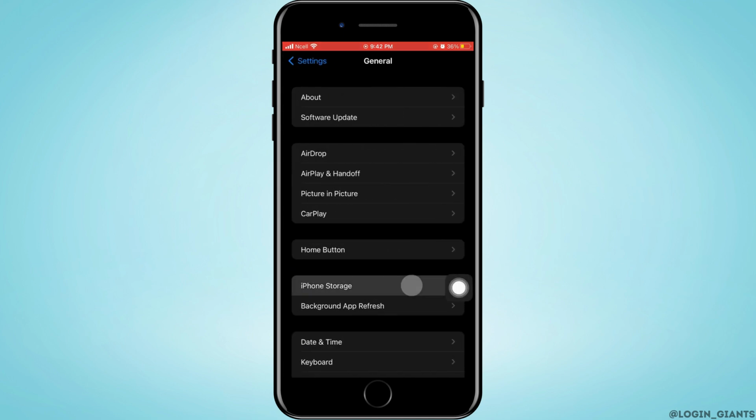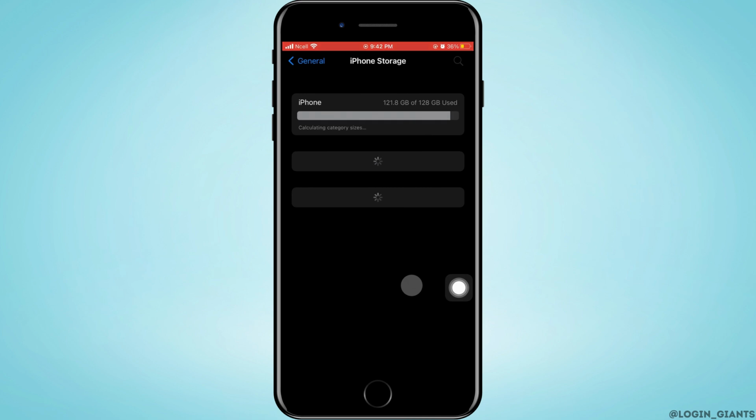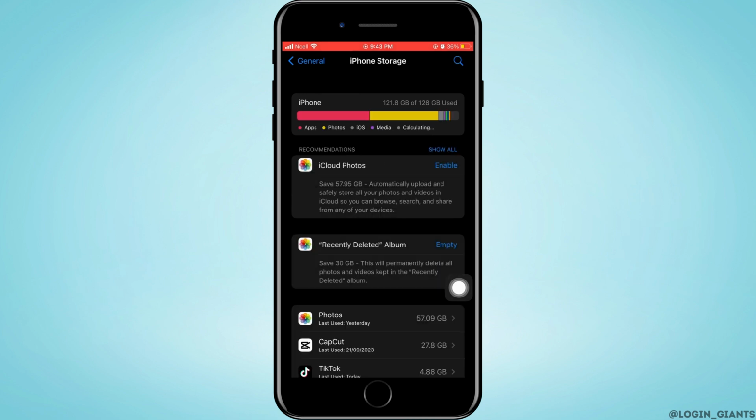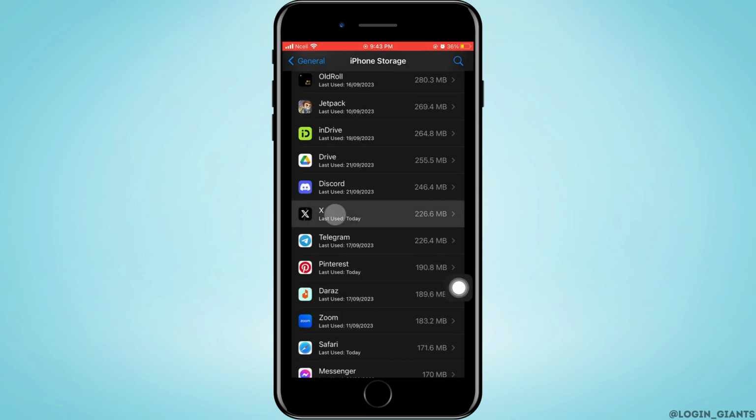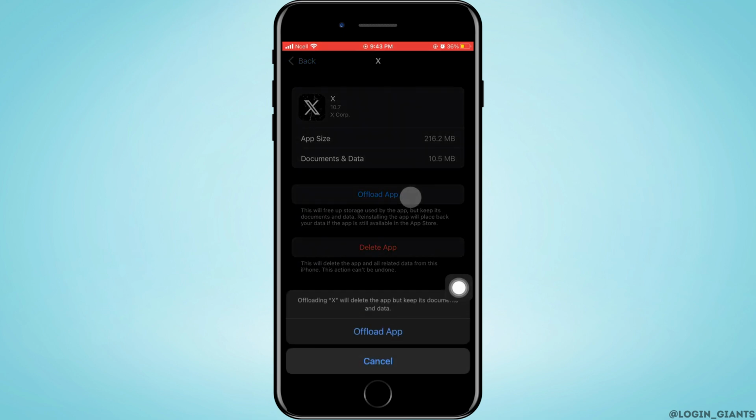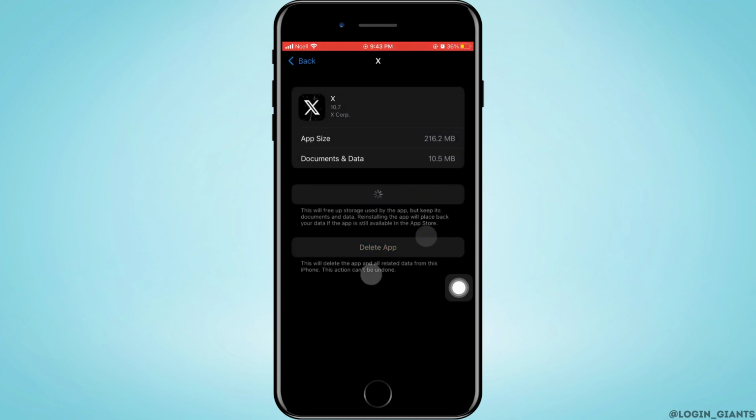Tap on iPhone storage. It might take some time to load, and after it is loaded, you want to scroll down and tap on X or Twitter account. As you do that, you will enter this page where you want to tap on Offload app and Offload app again. When you do that, the cache of that account will be deleted, but the important information and data will